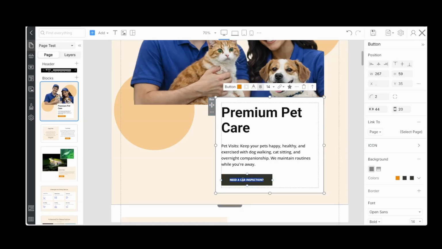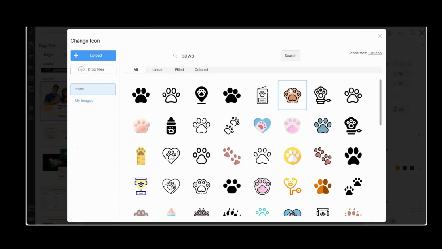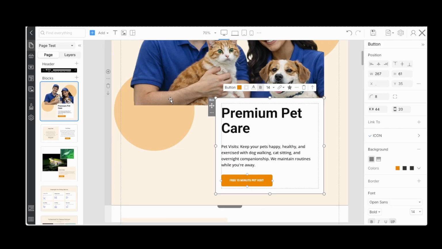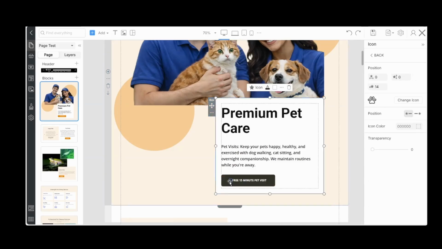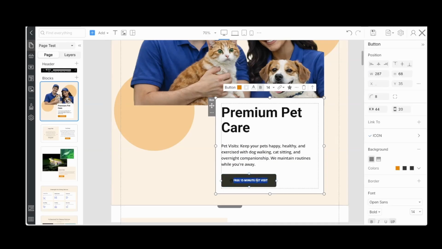Let's swap this out. Paw print. Let's bump up the paw print so we can see a little better. Let's take it to 20. Let's take the text to 18.